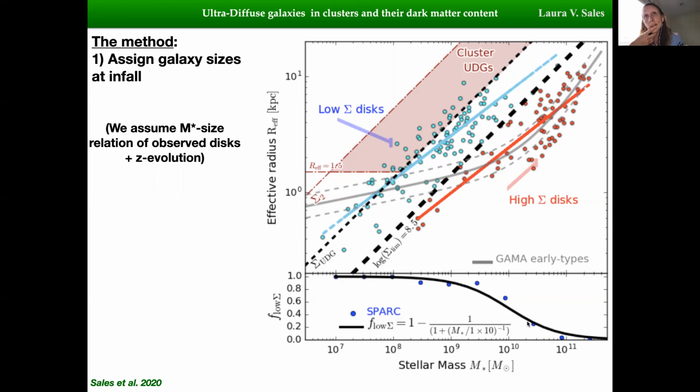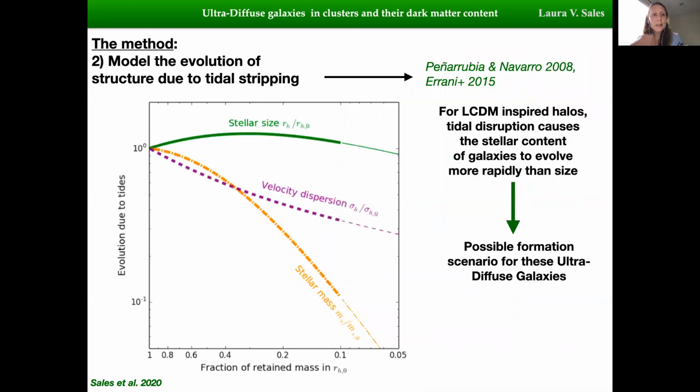Of course, these observations are at redshift 0, so we needed to scale this with redshift, and so we added a redshift evolution, basically taking into account the redshift at which each subhalo is infalling. The next step is, of course, if we don't trust the infall structure of the objects, we also don't trust their size at redshift 0. So then what we did is to model what would be the stellar size of each of our galaxies. And we did that with also a semi-analytic treatment that corrects for